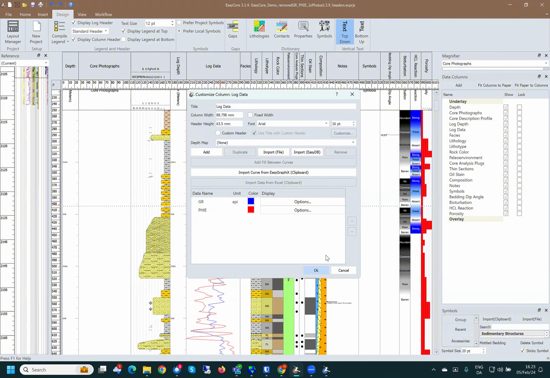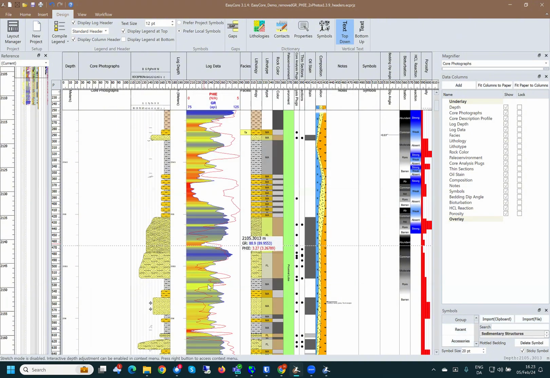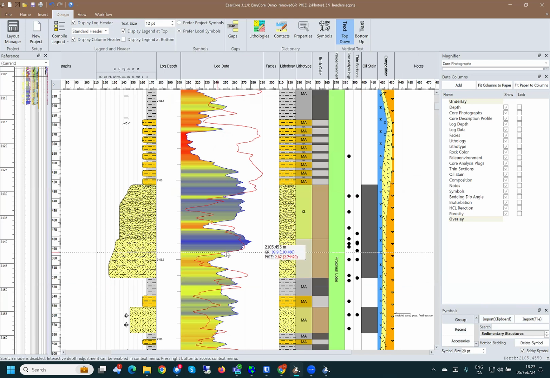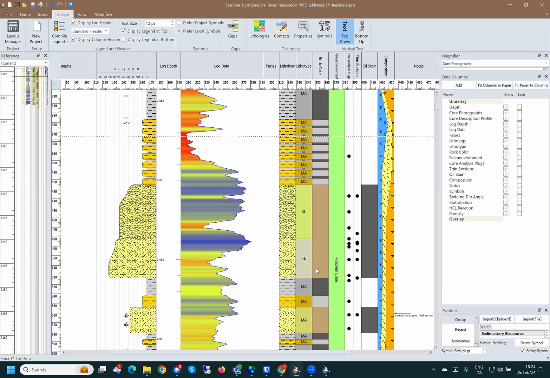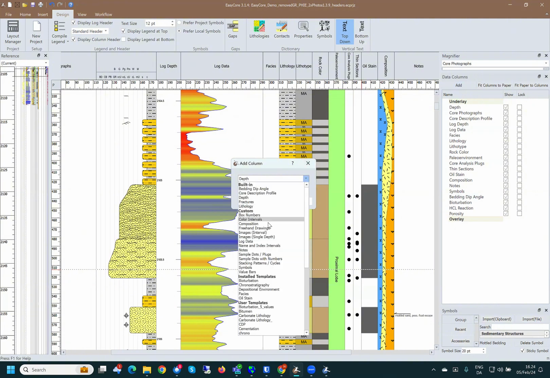So let me just now try to show this. In this case, you would see the mid ranges as yellow, the small range as red, and the large one as blue. And it could also be that you didn't want to see the phi, and you say, I want to remove it. And now you have an option, either remove it entirely or just remove it from this column. And in my case here, I just want to remove it from the column. So now I just have one data set in my column, and I could then add another one, find my log data,